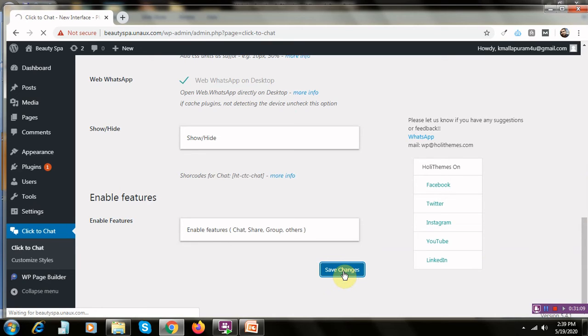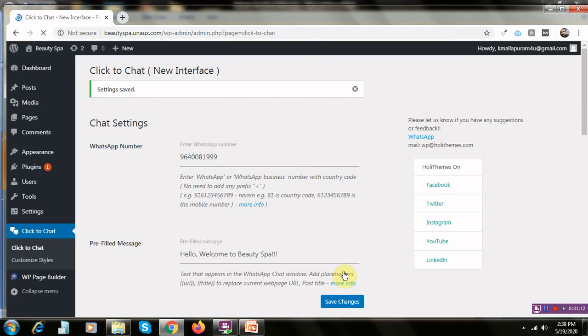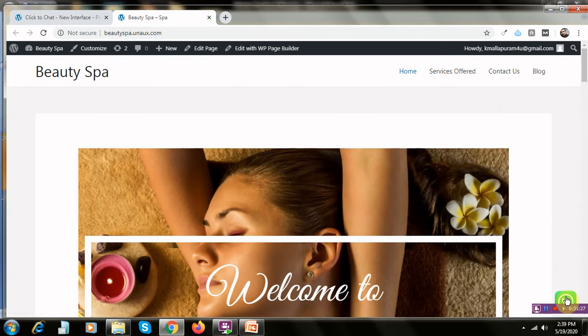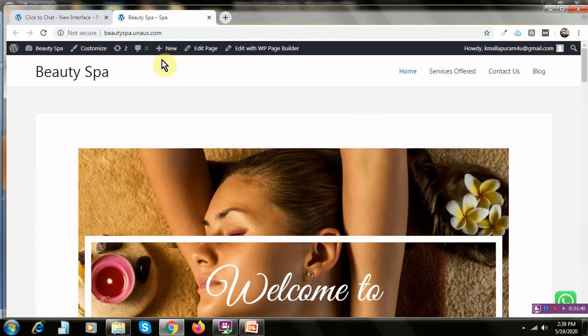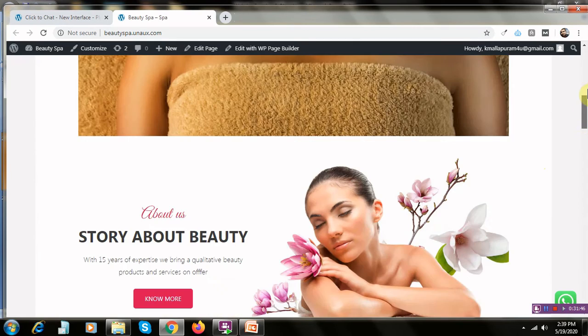So let's see whether it has been uploaded on our website or not. Now can you see the number here? Let's go ahead and visit our site. Open a new tab. See this here, the WhatsApp has come in. If I am a user and I click on it, then WhatsApp Web will automatically open up, and I can share all the details. Let's not open it, since it will open my WhatsApp details for everyone. So this is how you can chat.